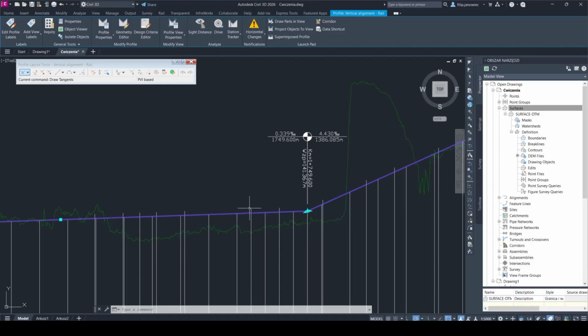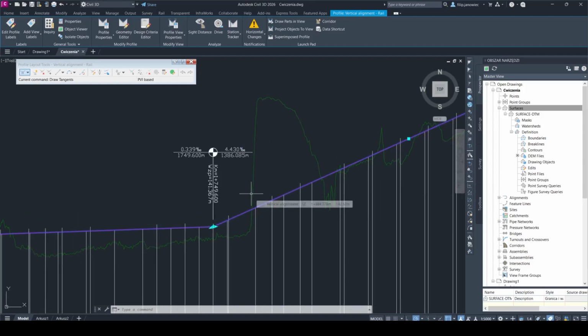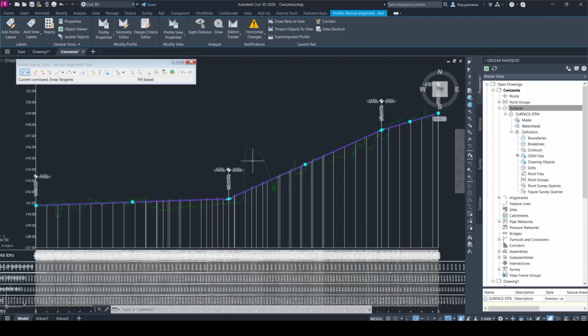Now, we must remember that we have two main assumptions. The first of them is the maximum gradient, and this value should not be less than 35 millimeters per meter. And the second assumption is connected with the vertical curves,